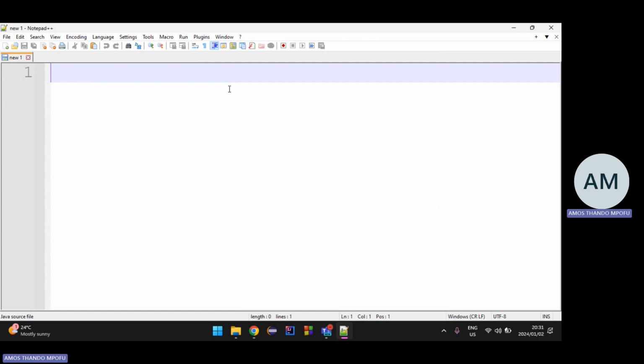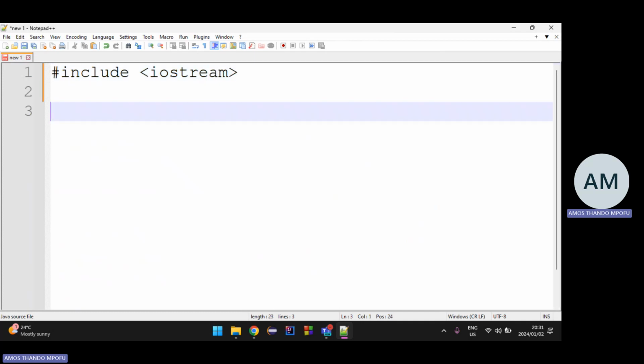So the way you create a Java application, the first important thing you need to know is that it's object oriented. Everything that you write, you have to write in terms of objects. So you have to create a class. If you remember C++, we have hash include iostream like this, and then you have int main.